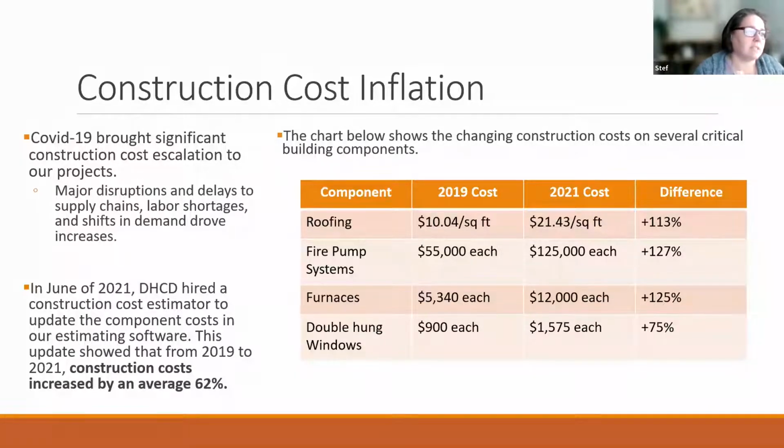So one of the things to keep in mind is, you can see just in this spreadsheet here, the difference in cost from 2019 to 2021 was like roofing went up 113%. The cost of replacing a fire pump system went up 127%. The cost of replacing a furnace went up 125%. So we were really hoping that these ARPA funds could, at the very least, offset the increased costs that housing authorities have seen just in the last 3 years